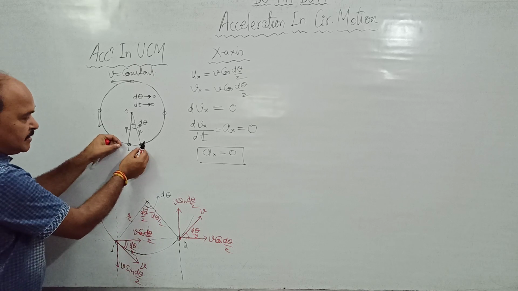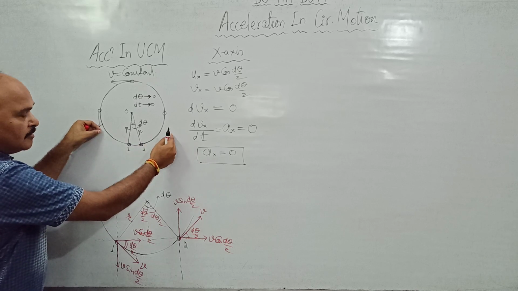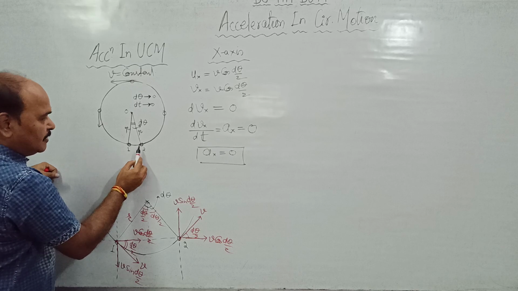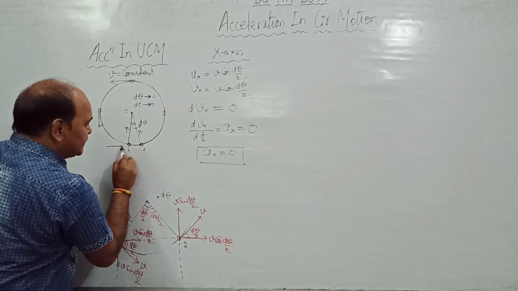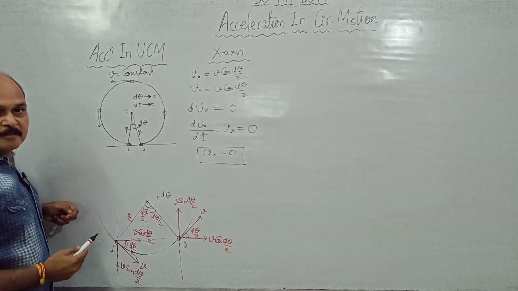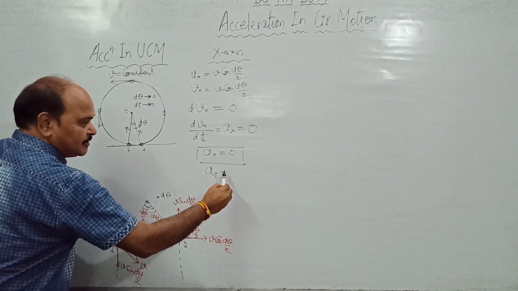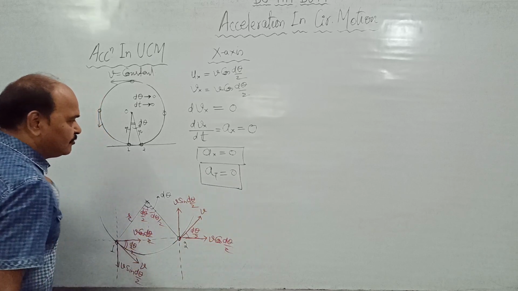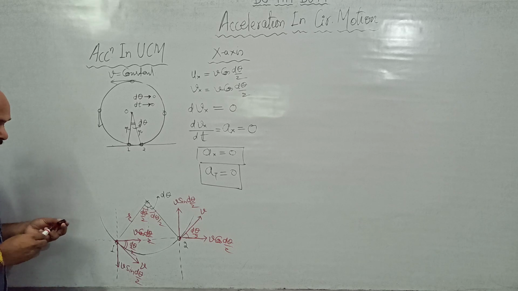If these two points 1 and 2 are here, of course the line joining them would be a chord. But as 1 and 2 come close to each other, the x-axis at 1 and 2 would in fact be what? Tangent. So acceleration along the x-axis is nothing but tangential acceleration. So tangential acceleration comes out to be 0. That is motion along the x-axis.